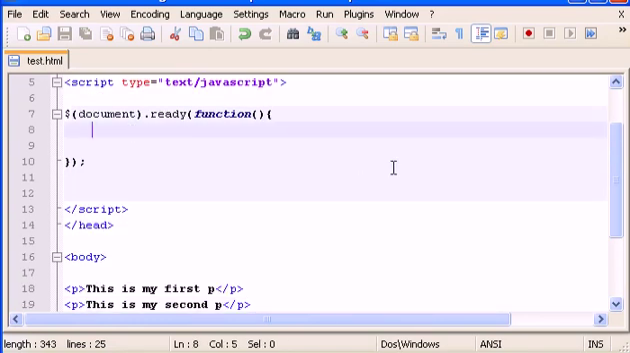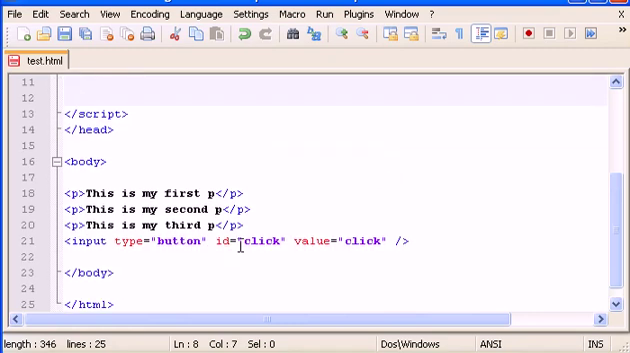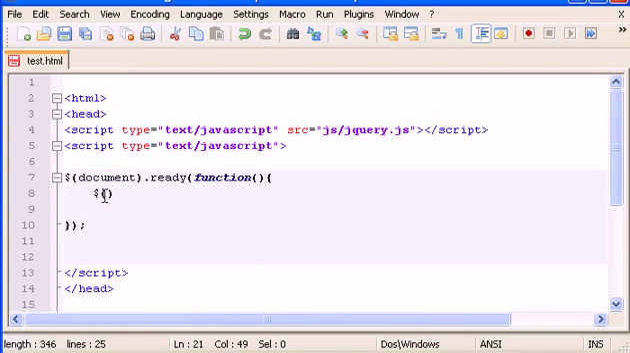Now in here let's type the selector, and I want to grab the button, so whenever we click the button I can change these paragraphs to whatever CSS I want. So input type button, the ID is click, so let's type here hash click dot click, and now we type function